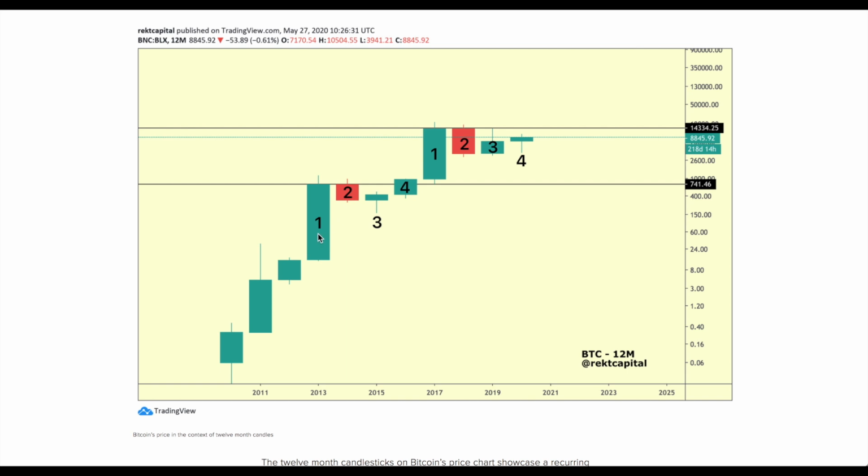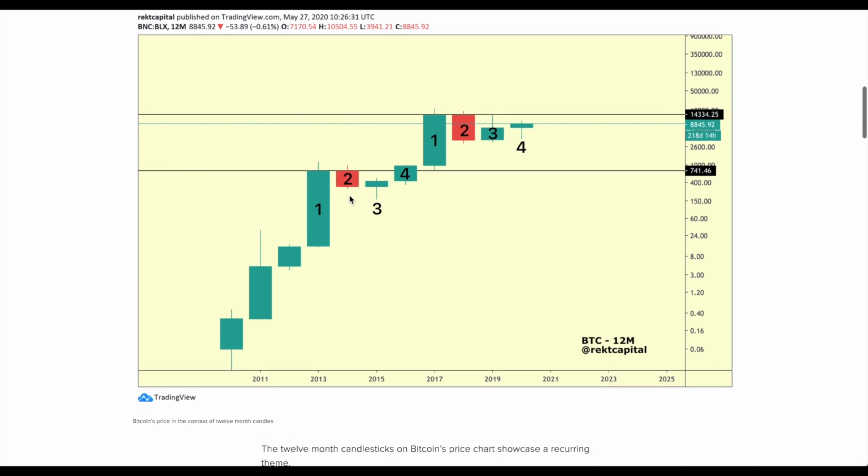So phase 1 is where all that euphoria and FOMO enters into the market. This is where retail investors really do FOMO in and prolong that cycle to unsustainable highs. And this is of course where the bubble bursts. This is the very top of the bubble, the very peak, and this is where we enter into phase 2.